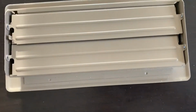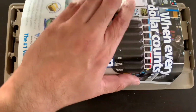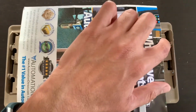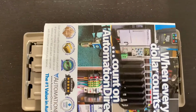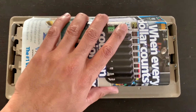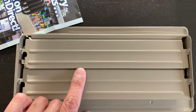So what I'm going to do is install or paste this piece of paper here so that the air can only come out from this and this vent and these. So this will reduce the amount of flow. It's a very simple fix. Wherever you are having more flow than you need, and even after closing these vents, which are opened and closed